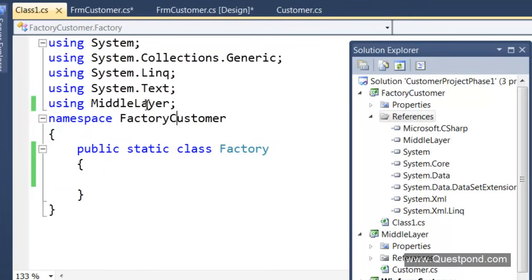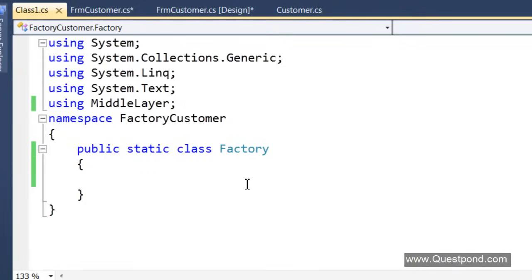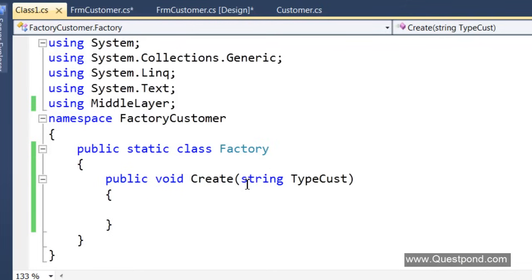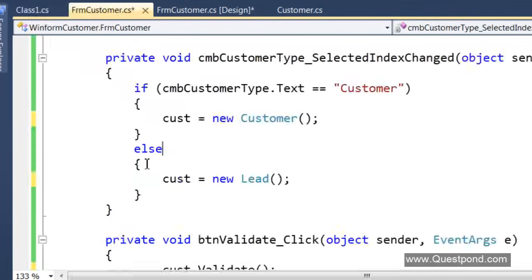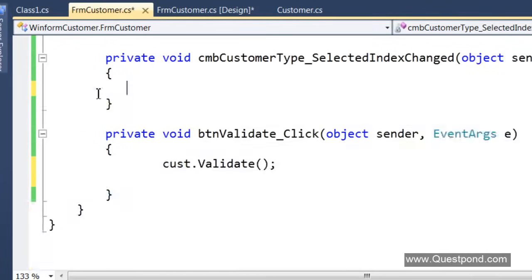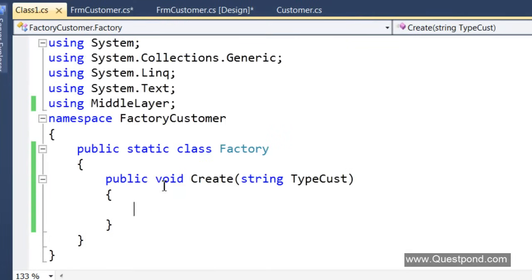So now what I will do here is I will say public create, right? So create the customer depending on the type of customer. And what I will do is move this if condition from here to this factory class.